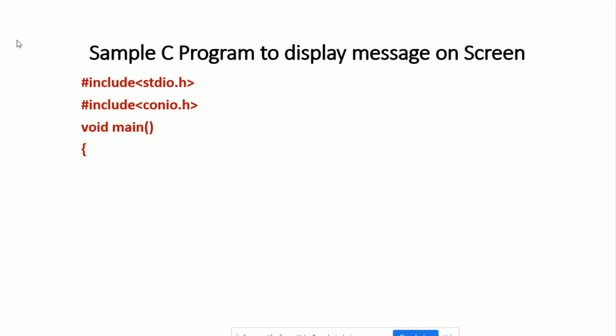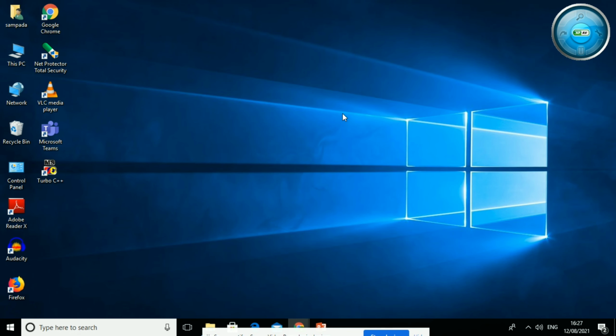After that, use the open curly bracket to write the function. Here I just want to write the message which I want to print, and that message is written with the help of printf. So this is the syntax to write the message. Then write down the getch and then close the curly bracket. So this is the syntax. This is the actual program which displays a message on the screen with the help of C language.